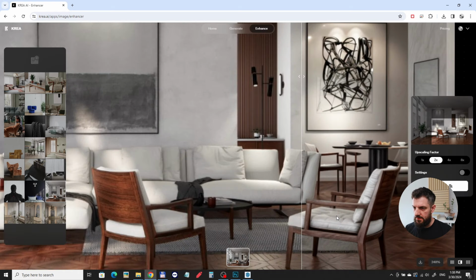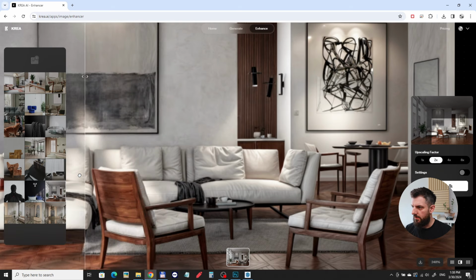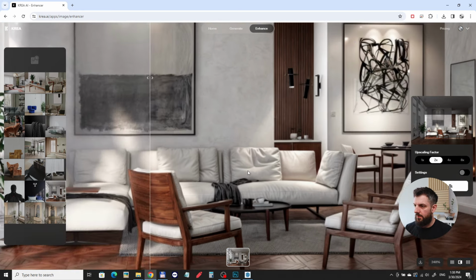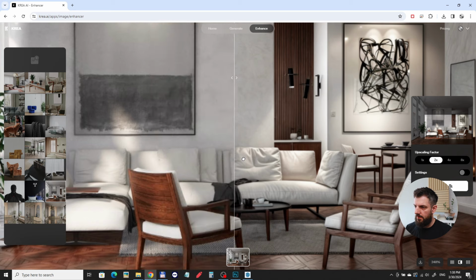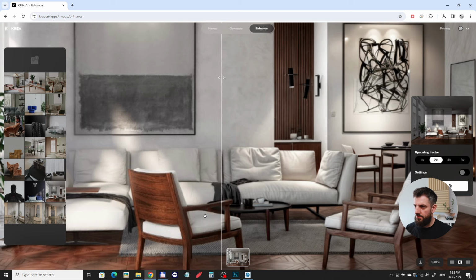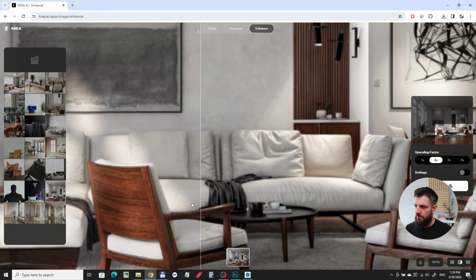But the interesting thing is the details on the cushions. So if you just look at the cushions, at this white material, how it became more wrinkled, more real, it really looks good. So what I would do is just get this image in Photoshop and just mask the fabric and keep everything as the original image. You see the throw here on the sofa just became a lot more detailed,